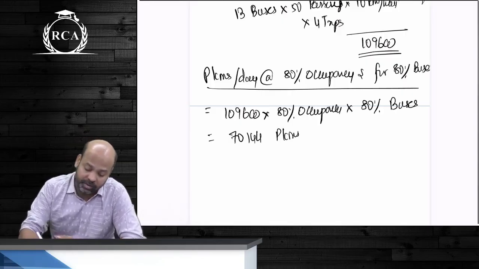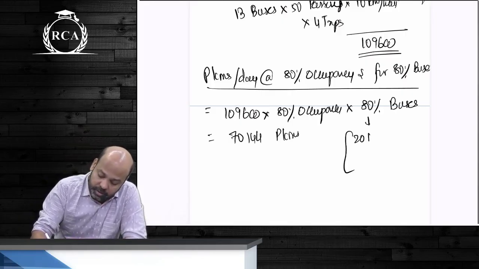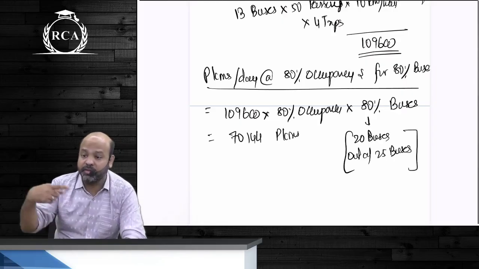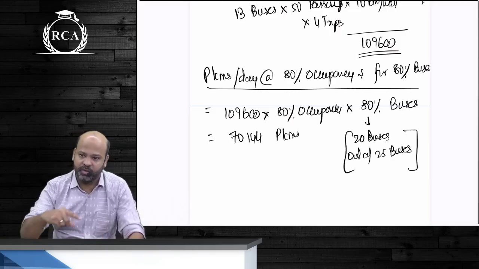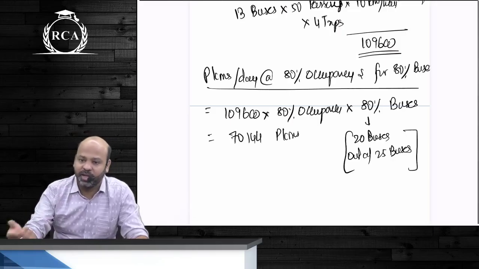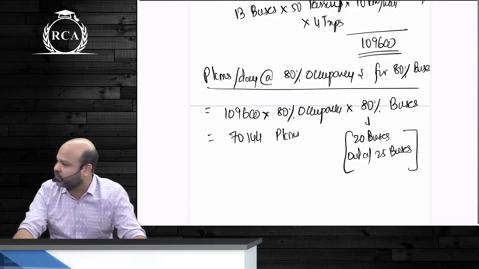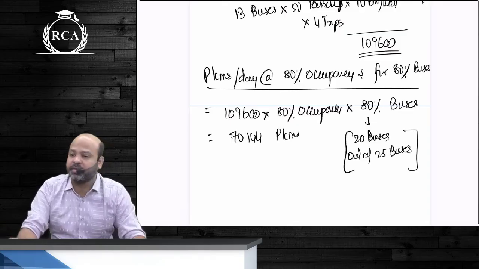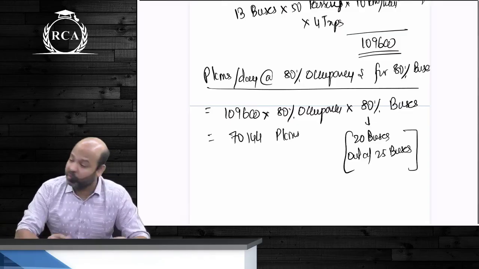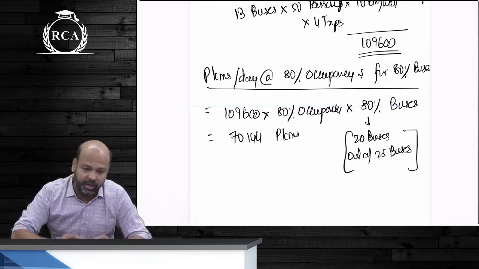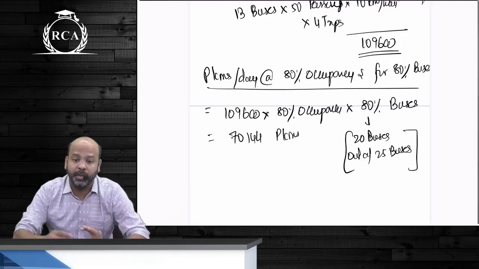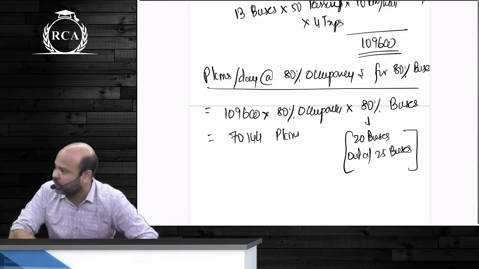Why did I take 80% buses? Better tell me. 20 buses out of 25 buses. Which 5 buses will be kept aside? We do not know. Obviously it will be on a rotation basis. Will you repair the same bus every day? No. Won't that be on a rotation basis? Sometimes there will be 60-passenger buses kept under service, sometimes 50-passenger ones. So you'll have to directly write into 80% buses. When the capacities are different, you do not have to worry about which bus is going to be kept for repair. Simply multiply by the average percentage. That will take care of the answer.